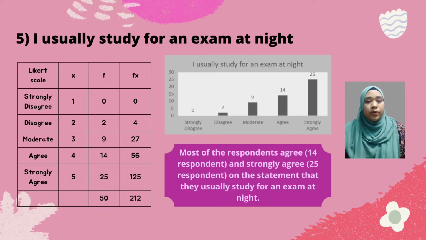For the statement I usually study for an exam at night, based on the table, we can see that out of 50 respondents, none of them strongly disagree with the statement, while there are 2 respondents who disagree, and 9 of them choose moderate on the Likert scale. Meanwhile, most of them agree, 14 respondents, and strongly agree, 25 respondents, on the statement that they usually study for